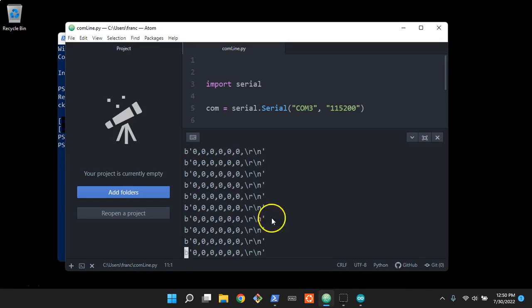And there we can see the binary string. Putting a B out front gives us a Unicode string in Python. Carriage return, line feed at the end. That's just how I set up the code. Right now it's all zeros, but if I push this button,